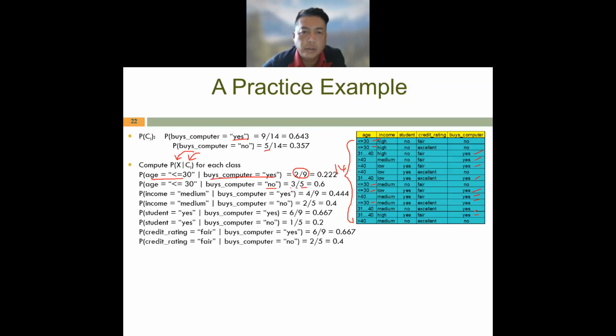Okay, 3, so we have 3. So that is the probability of having age less than or equal to 30, given that they are not buying computer. So we can compute the rest of them here. Then the final probability will be